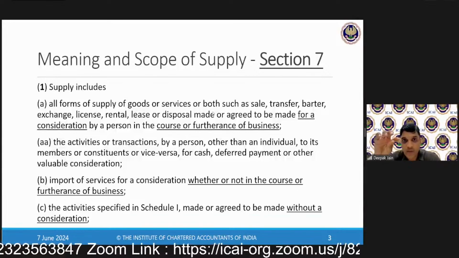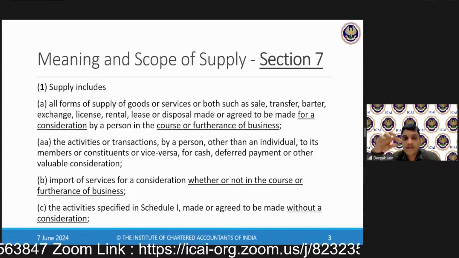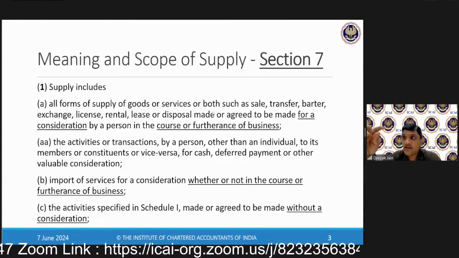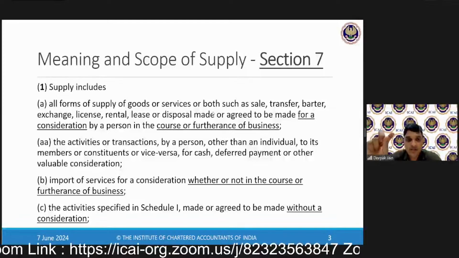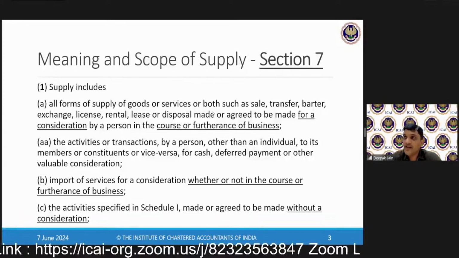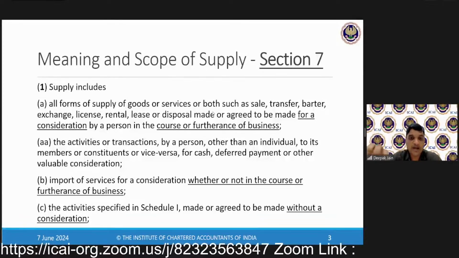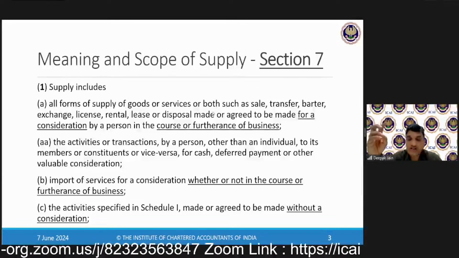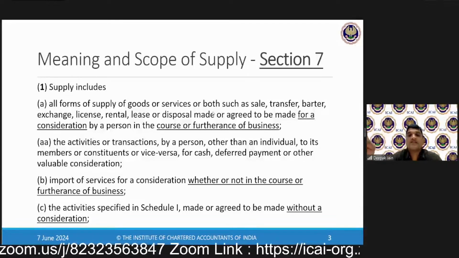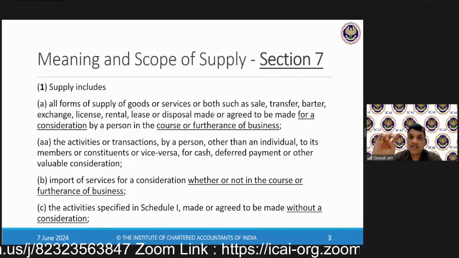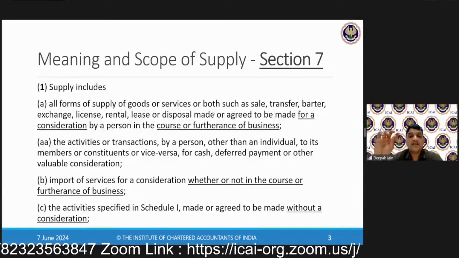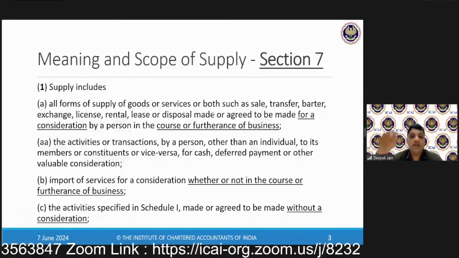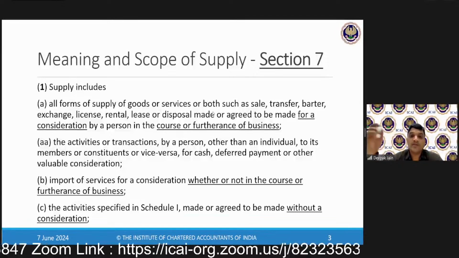7(1)(a) defines what is supply. Then it provides 8 special clauses saying that these 8 things are definitely supply. What are those 8 things? Sale, transfer, barter, exchange, license, rental, lease, and disposal. Okay, so these 8 terms are there, and these transactions should be made or agreed to be made for a